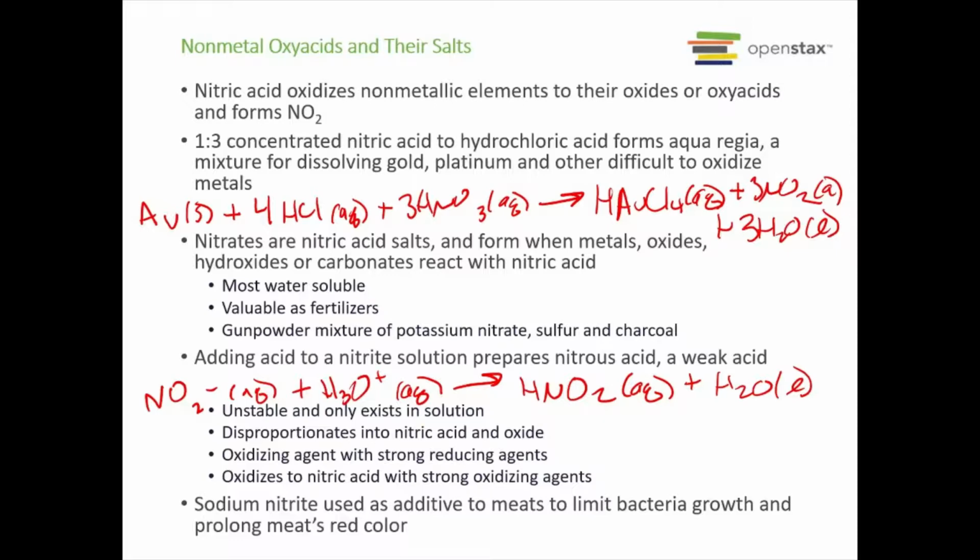And then sodium nitrite is used as an additive to meats, and this is done because it both limits bacterial growth and prolongs the meat's red color. There is a lot of controversy around nitrates and nitrites when it comes to the food industry nowadays, and that's because